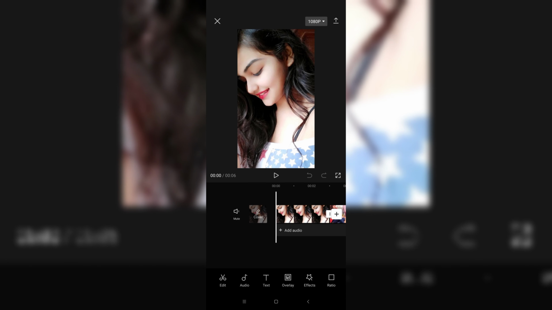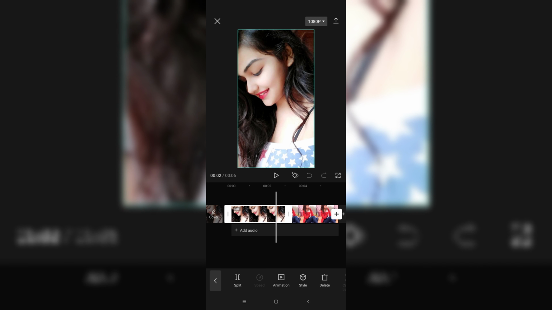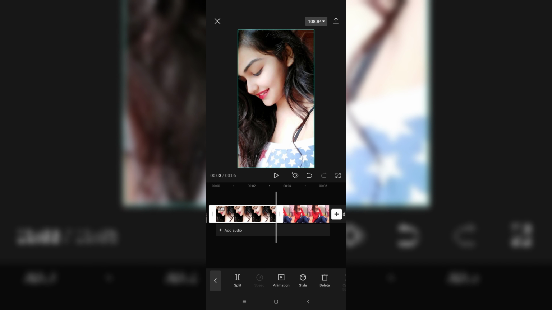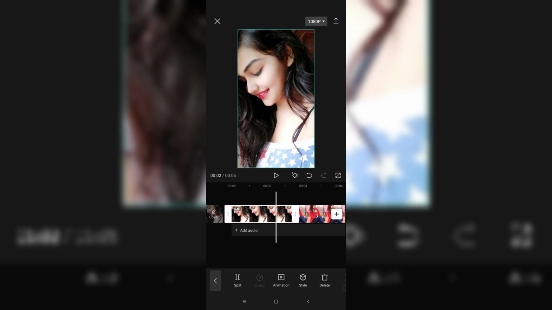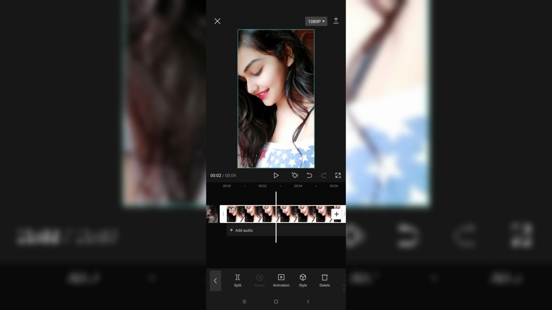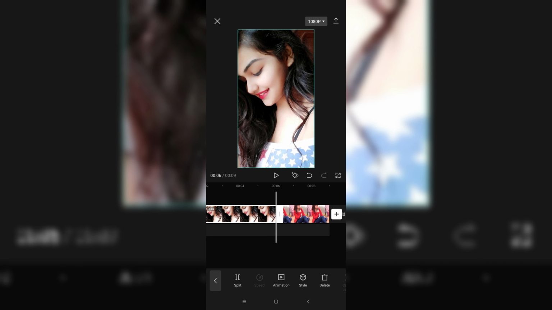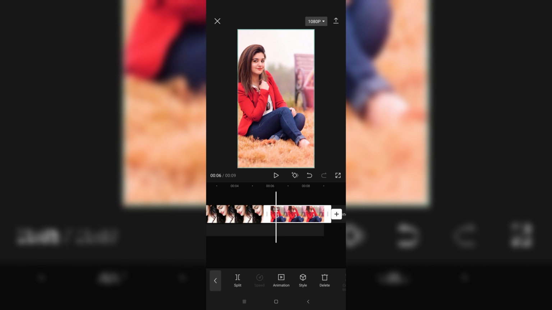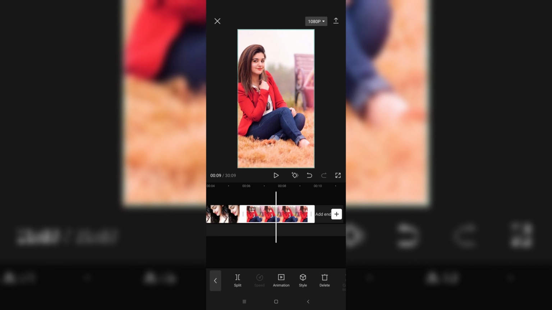Now, what you have to do is click on the first photo and drag this end pointer. Pick it and drag it. As you can see, it's increasing to 4 seconds. You can increase it to the length you want to. I'm keeping it to 6 seconds, and now I will pick the second one and click on